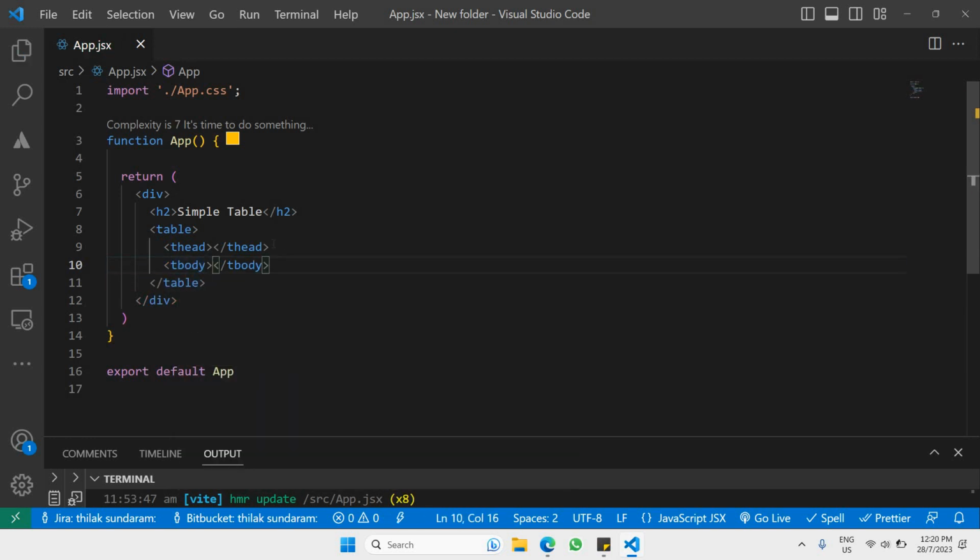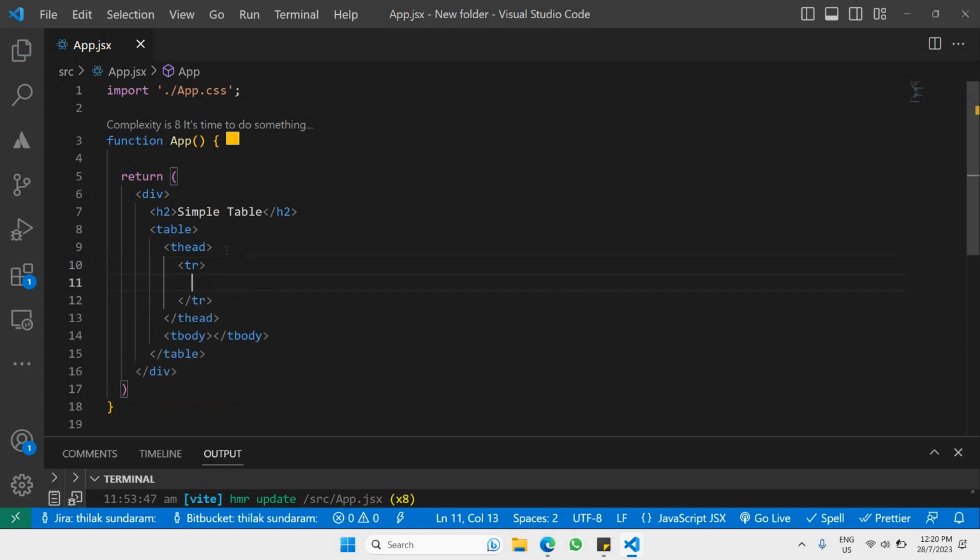And just like this, we need to get started with t-head first. So inside t-head is where we place the first row, which is not the content of the table, but the label of every single column we place. So for example, in this case, we need to have tr, which is meant for table row, and that's what we'll be using. So tr,